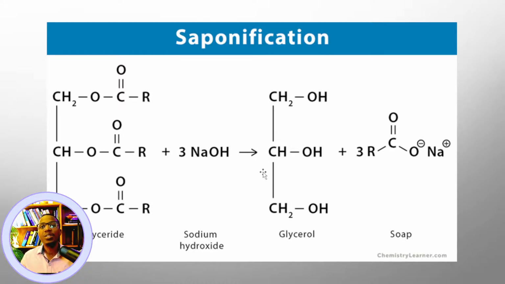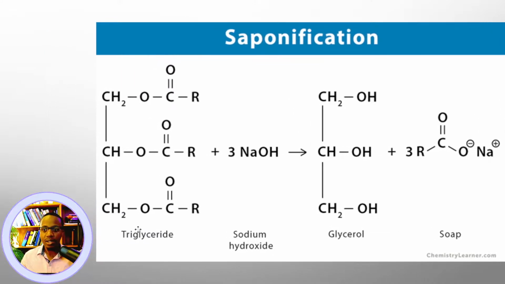How do you make soap? You take your lipid, most of the time a triglyceride, right? You take a lipid and then you add a base, and guess what? The base is going to come and remove the acid part. Remember that these three acids are the ones that we added. Let me move this so that you can see all of it. So we remove the acid part. We're left with glycerol, and then we're left with the fatty acids that we brought in